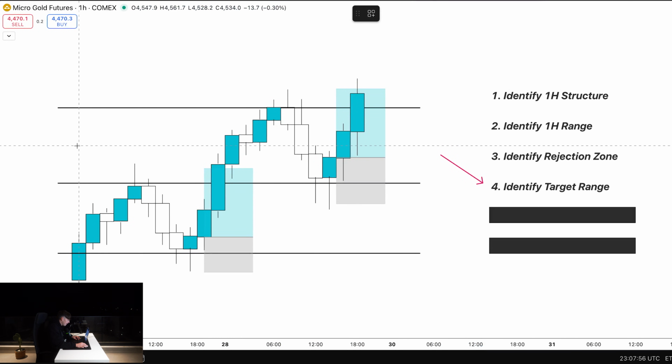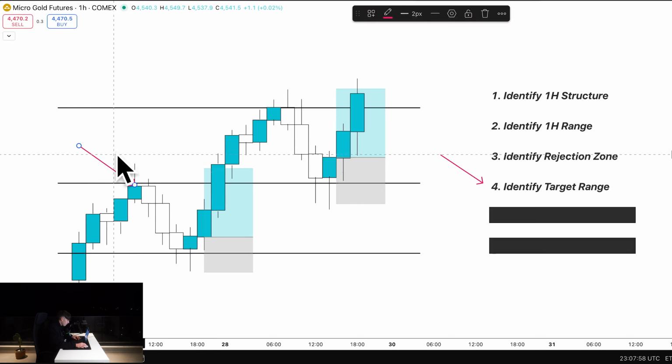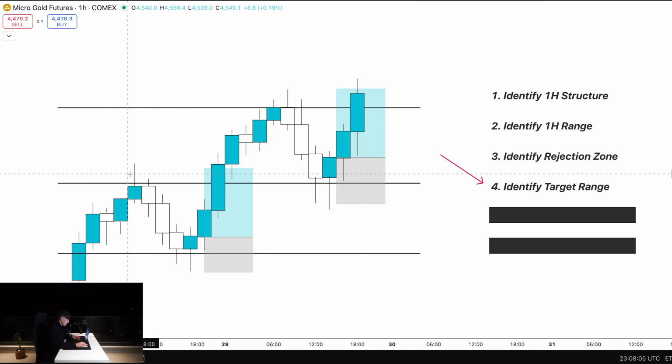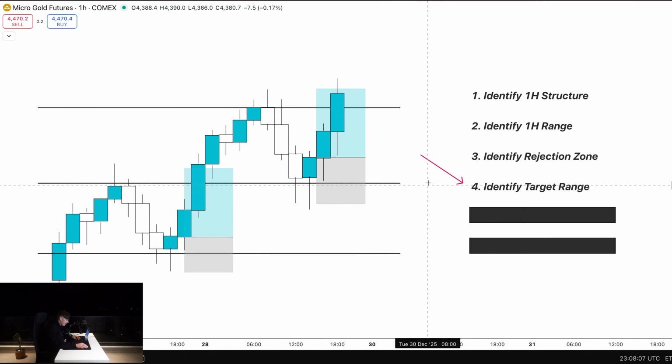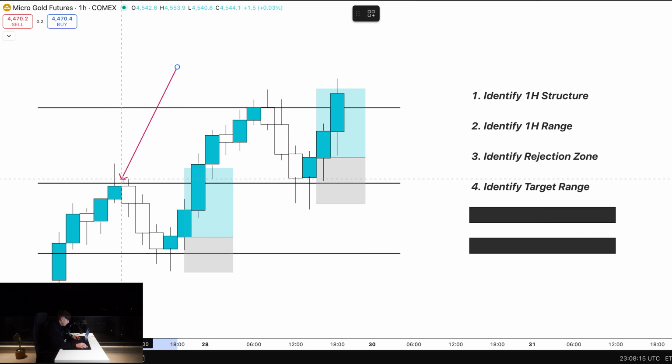Now, the first one is actually you can look at this previous high right here. Now, we can look at targeting a previous high, or we can look at targeting the next high to be made. But before you understand that, we need to look at where we're actually getting our entry model. So we are looking at catching a pullback and taking a continuation up. You can see the trade is based right here. So we're looking at taking a TP either off of this area here, which is the previous high,